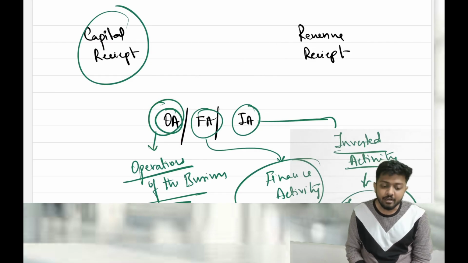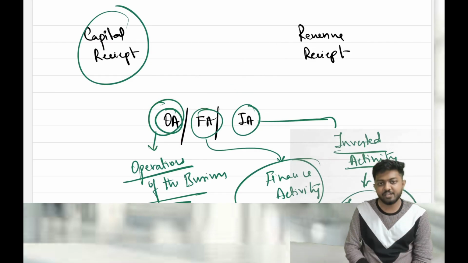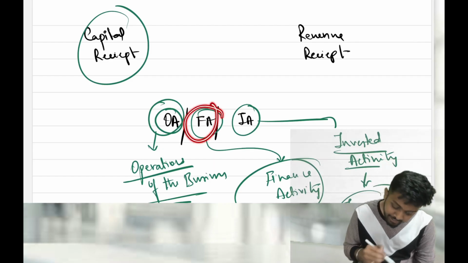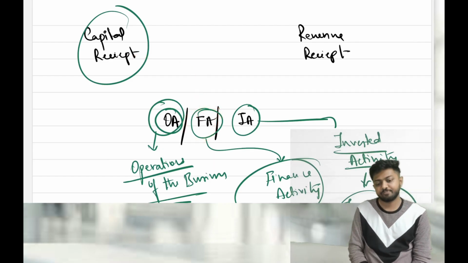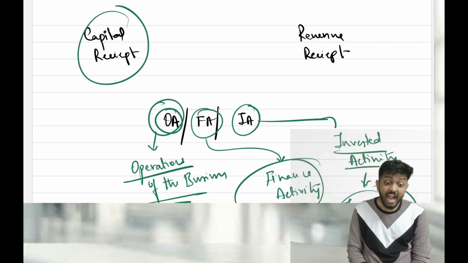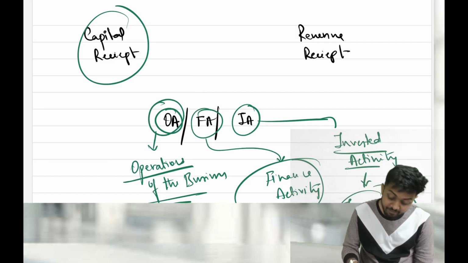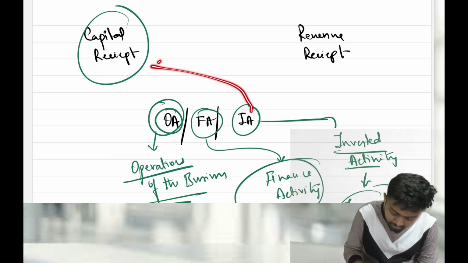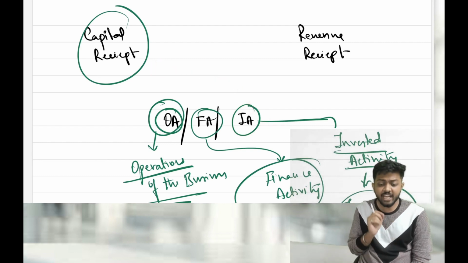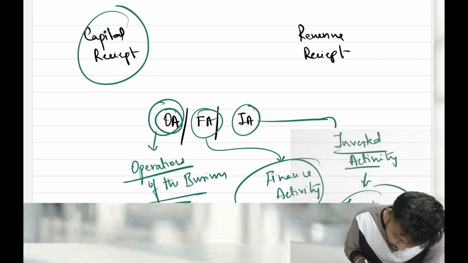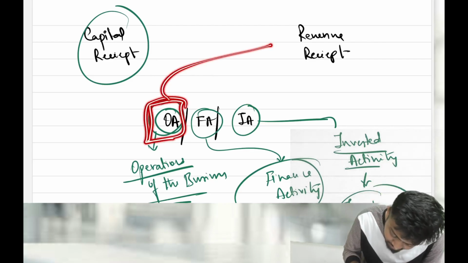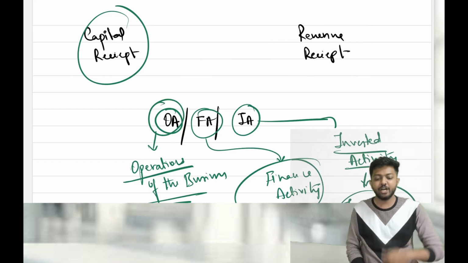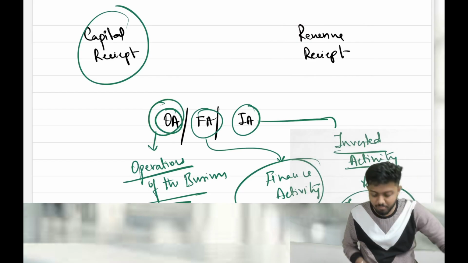I took a loan, it comes under financing activity, capital receipt. I issued shares and received money, it is coming under financing activity, capital receipt. Got it? I received interest, it is an investing activity. I have invested money, that's why I am getting interest. It will come under capital receipt. Anything that you receive as part of your normal operating activities will only be treated as revenue receipt. Did you understand? I hope it is very simple.